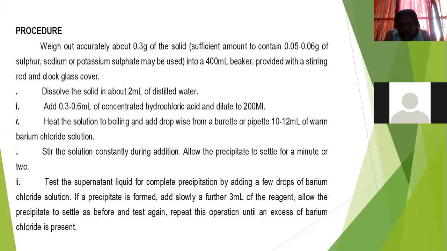Then heat the solution to boiling and add dropwise from a burette or pipette 10 to 12 ml of warm barium chloride solution. Stir the solution constantly during addition. Allow the precipitate to settle for a minute or two. Okay, so